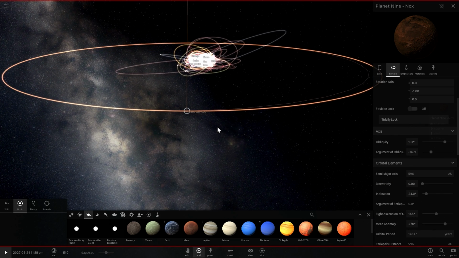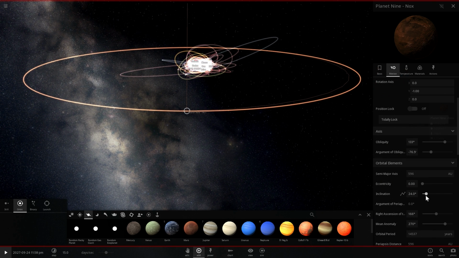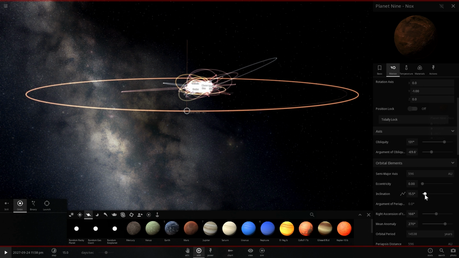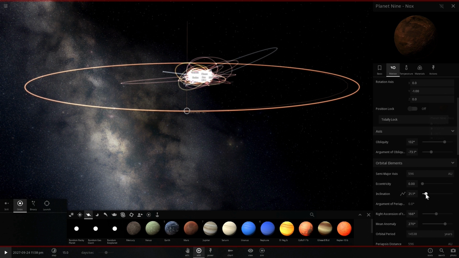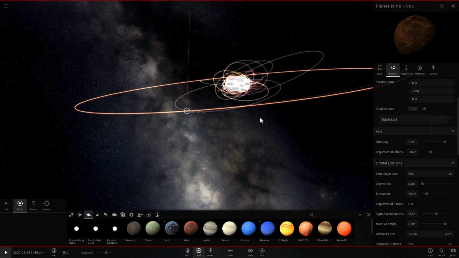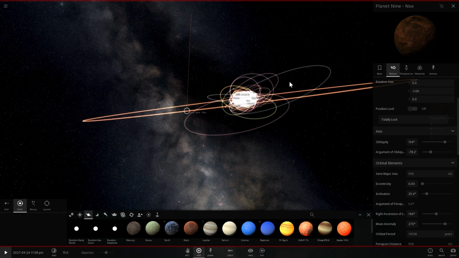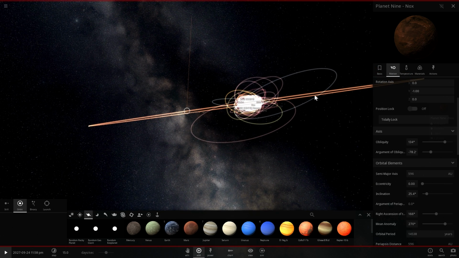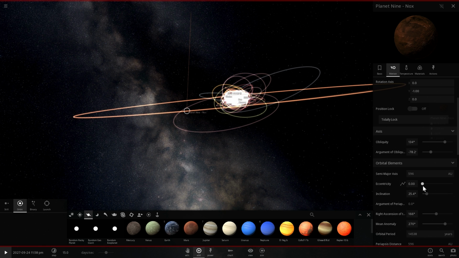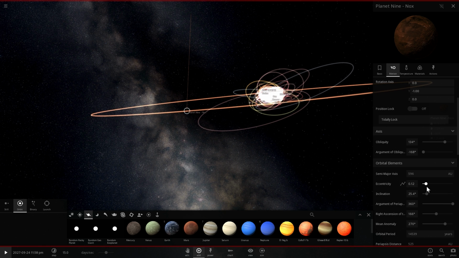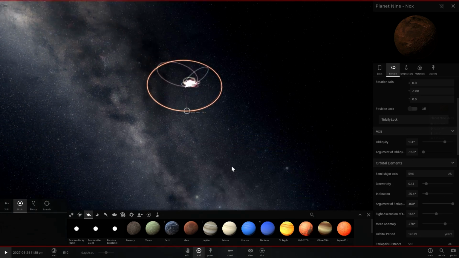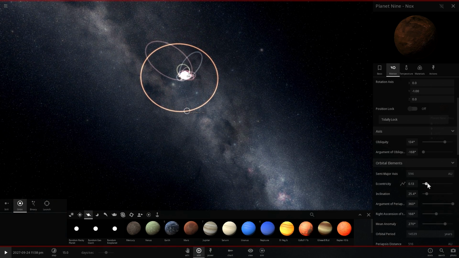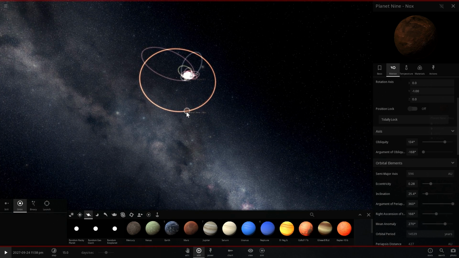It also would have a slightly different inclination of about 20 to 30 degrees, meaning that it's not exactly in the same plane as the other planets. It would have a slightly different inclination, and this would of course explain why certain orbits of certain dwarf planets have such a unique eccentricity and shape. And it would also probably have its own eccentricity as well, meaning that it doesn't have a very circular orbit. It very likely has a very elliptical orbit. Alright, so orbit-wise, this looks pretty good.